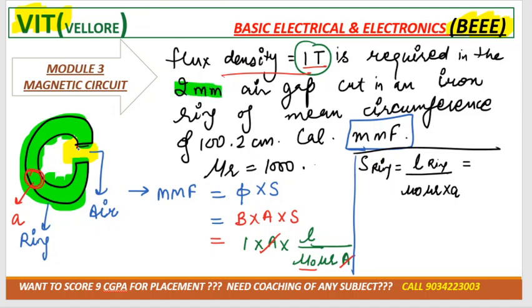If we convert it into centimeter, so that it is the same unit, it would be 0.2. So the length is 100.2 minus 0.2. Both are in centimeter, but we need to convert into meter, so that would be into 10 raised to power minus 2